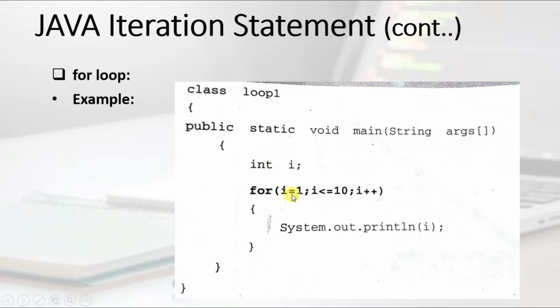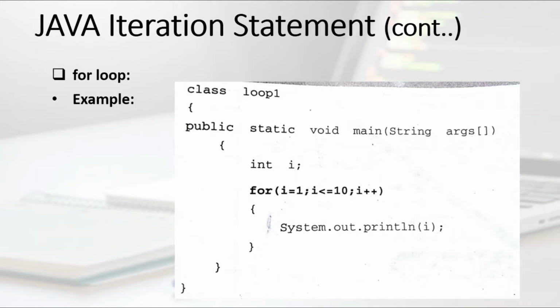In this example, I have defined one variable, i, and as the initialization I have defined i equal to 1. Now the condition is i less than or equal to 10. Obviously for i equal to 1, the condition is true. Whenever the condition is true, the statement is going to execute. I have printed the value of i, which is 1. Now i plus plus means that the next time, the value of i becomes 1 plus 1, that is 2.